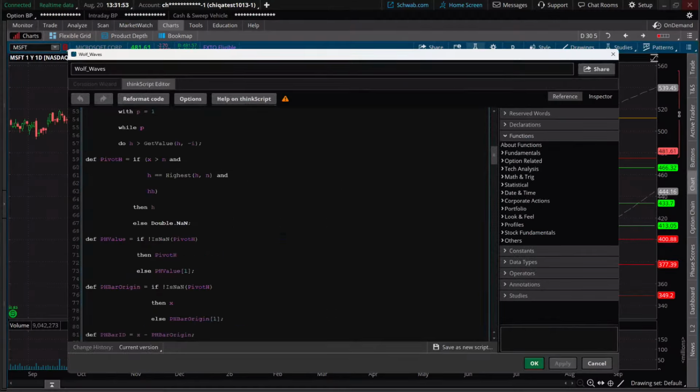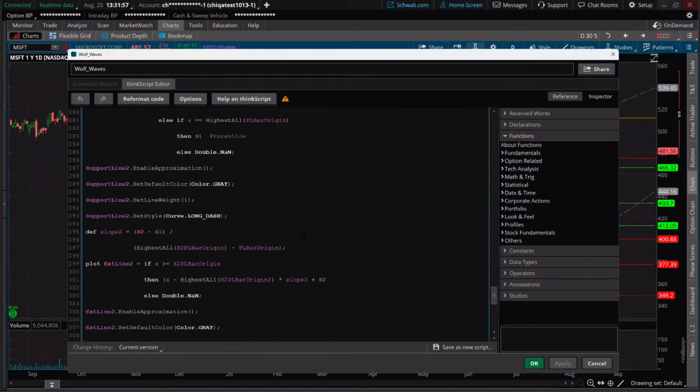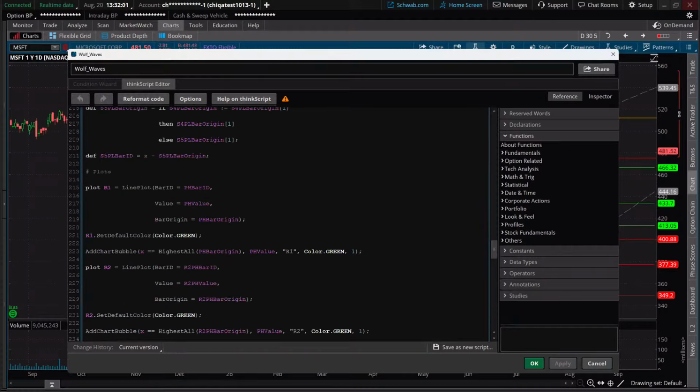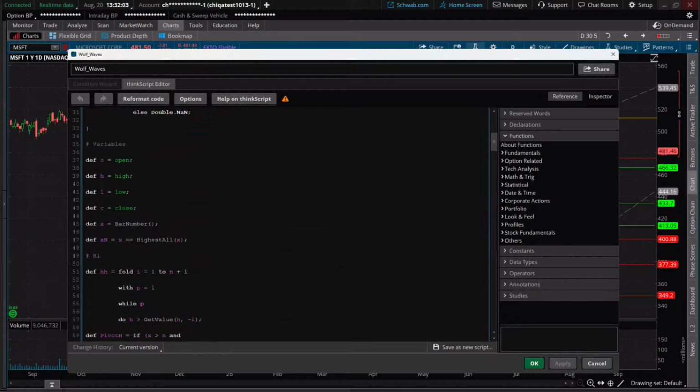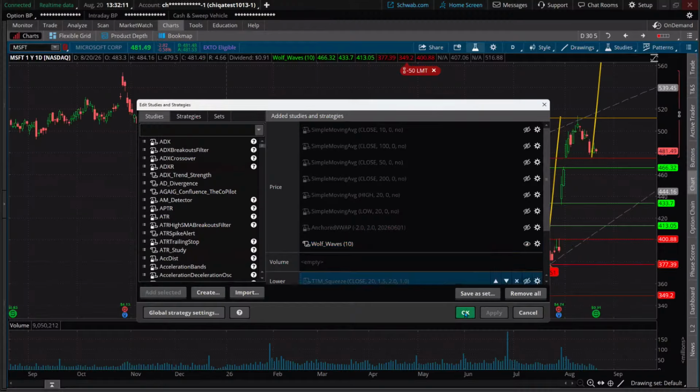This is his script though, or her script. Come down here, take a look at it. That is it. All I simply did was use the exact same thing and just added in a little bit of a scan to it. There were a couple of areas there, but we'll see what you guys think.